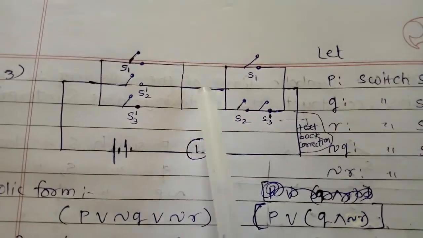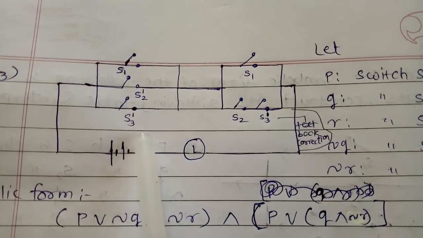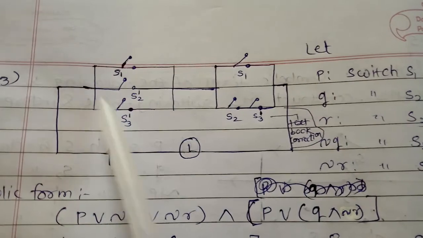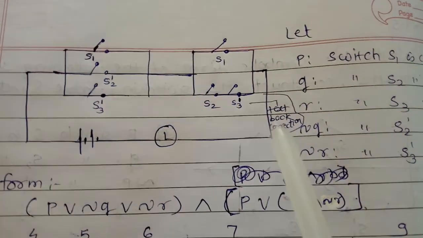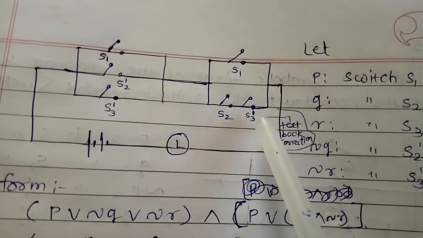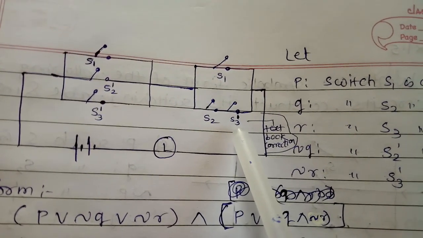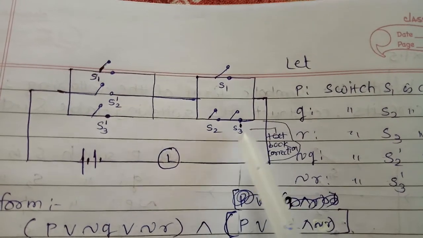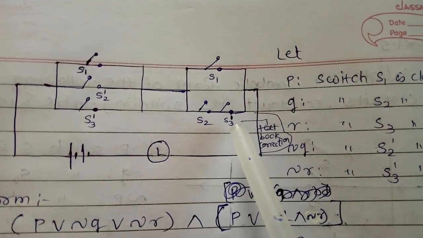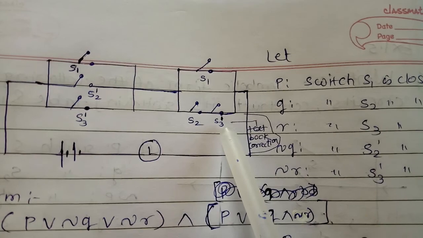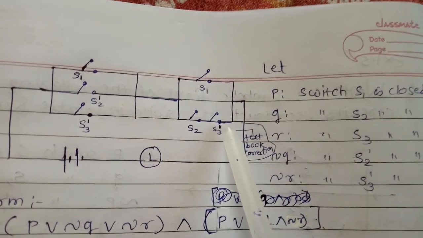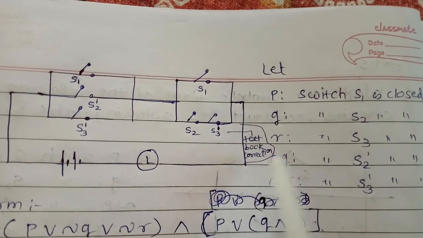Now see the third example. In the third case, see S1, S2 dash and S3 dash, these are in parallel combination, and this whole thing is in series with it. Here S1 and S2, S3 dash. So in your textbook there is one correction. In your textbook there is only S3, but according to the answer given at the back, we have changed it. If you solve with S3 now, your answer will not match the one given at the back. Therefore if we solve this example with S3 dash, the answer given at the back will match what we solve.